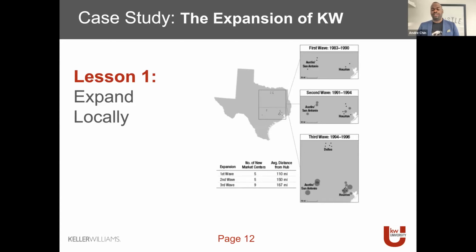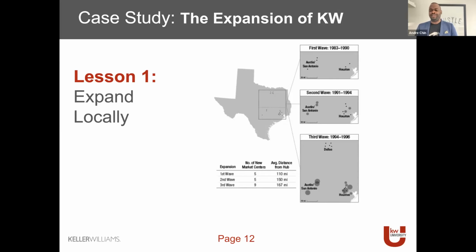Now, Gary's rule, and the way that you should always think of expansion when you're getting started, is to expand locally. So for our team, when we were looking at it, our first expansion location was actually in Hamilton. And the reason for that was it was a nice, easy drive. It was just under an hour, and I could still be home every single day. And Gary talks about that when he built Keller Williams, in that he was able to do the same thing. So he went to San Antonio first, because that was the shortest distance for him to travel.